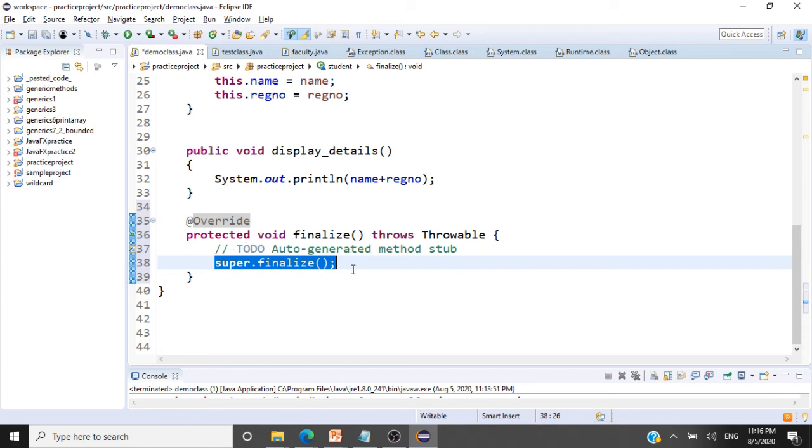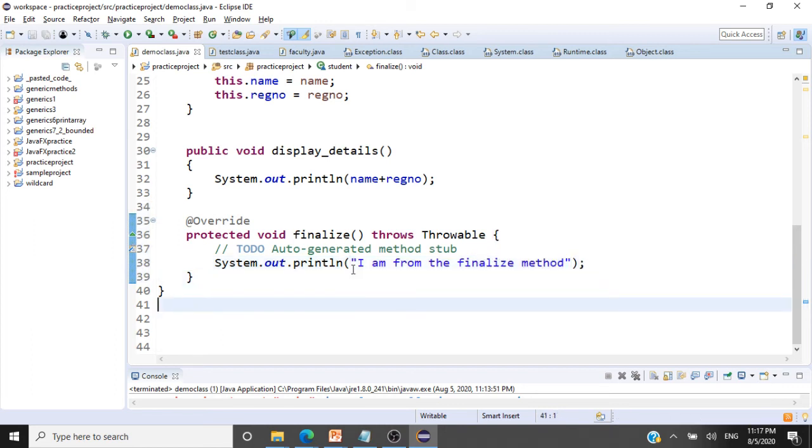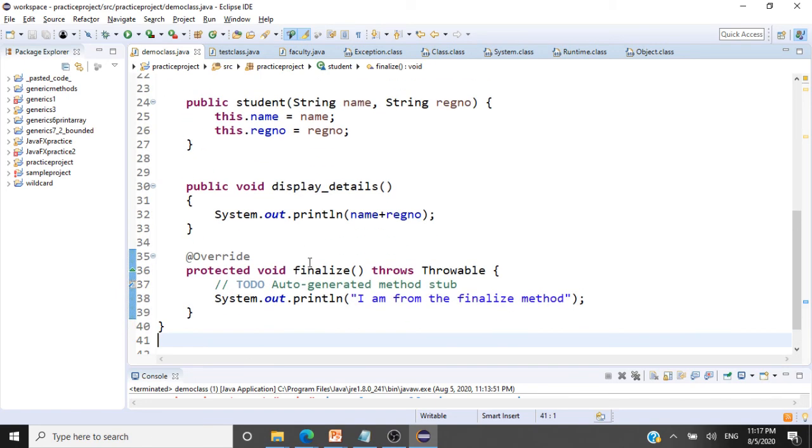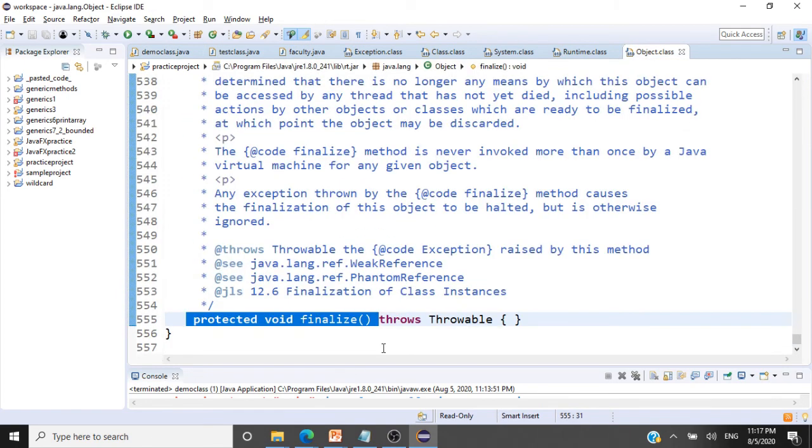We can override this by just writing sys out. I can write code for releasing any of the resources here. I just give a sys out statement: I am from the finalize method.